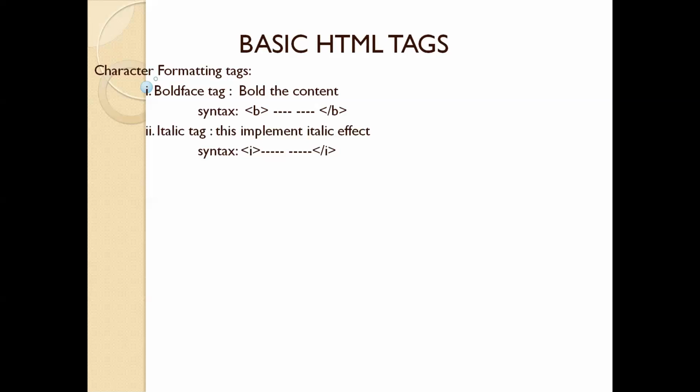If you want to apply the bold property, we have to use the B tag. If you want to apply the italic property, we have to use the I tag. If we want to represent a paragraph, we have to use the P tag. If we want to represent a heading, we have to use the H tag. In the sense, it may be H1, because there are 6 headings: H1, H2, H3, H4, H5, H6. So I think it's very easy to remember. So if we want to apply the italic, we have to use the I tag and some content.